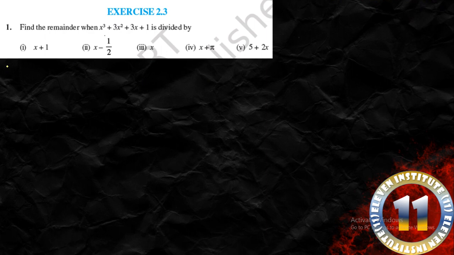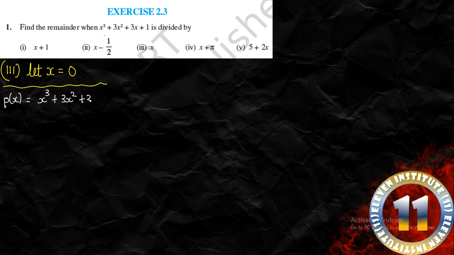So we are having number 3 over here. And in number 3 we only have x over here, so what we will write is, let x is equal to 0. Right, let x is equal to 0. Simply we have to put 0 instead of x inside the polynomial, so we will write the polynomial over here once again. The polynomial is this. Now instead of x we will write 0. So let us find p of 0.